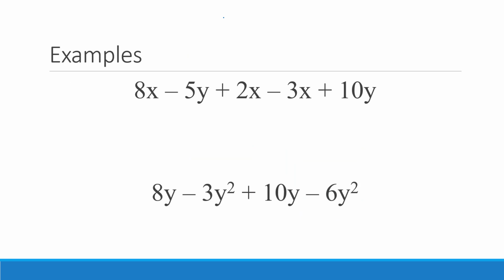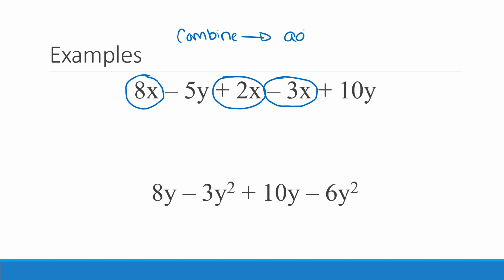So let's look at some examples. When combining like terms, you're essentially, like I said, picking out your pieces of your expression that are alike that you could put together. So notice we could combine 8x, we can combine a positive 2x, and notice how I circle this next one. I don't just circle it as 3x, I circle it as negative 3x. I always tell students when you are combining, the easiest way to go about doing it is just to always add. But you got to be careful with your signs. So like I said, when I circled 3x, I circled it as negative 3x. So we're combining 8 plus 2, which is 10, and then 10 plus negative 3